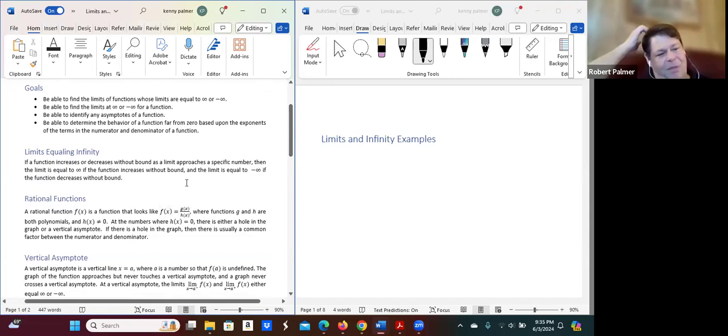So what happens if you have a limit where the result is infinity? If a function increases or decreases without bound as a limit approaches a specific number, then the limit is equal to infinity. Actually, there should be a